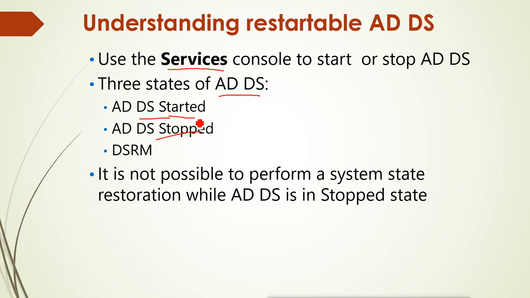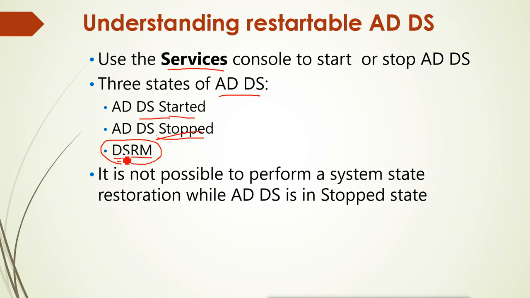If we want to do some management tasks, for example the defragmentation, we have to stop the service. Previously there was no option to stop the service, so what option remained? We only had the DSRM mode, Directory Services Restore Mode. It is actually a safe mode, where not all services are running, only the least amount of services. In the safe mode, one of the modes is DSRM mode.